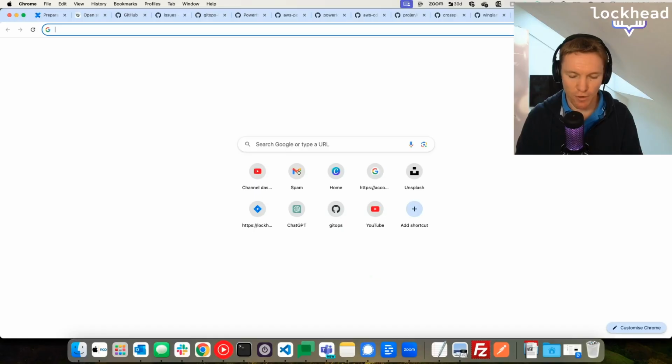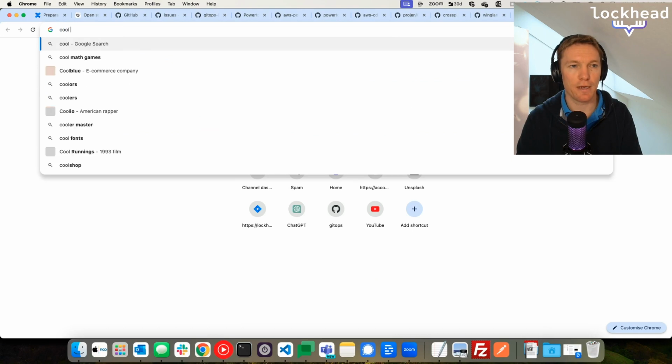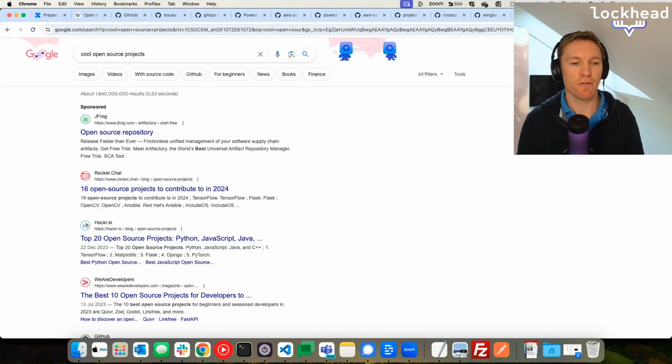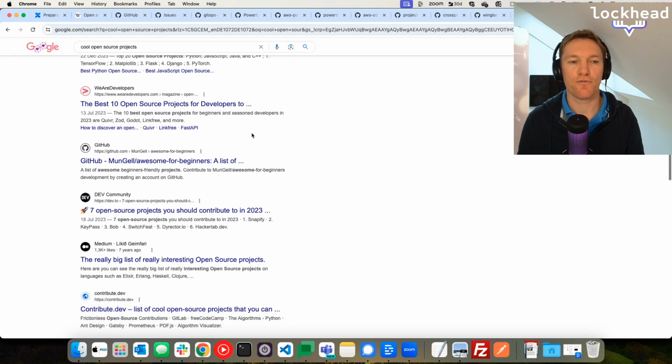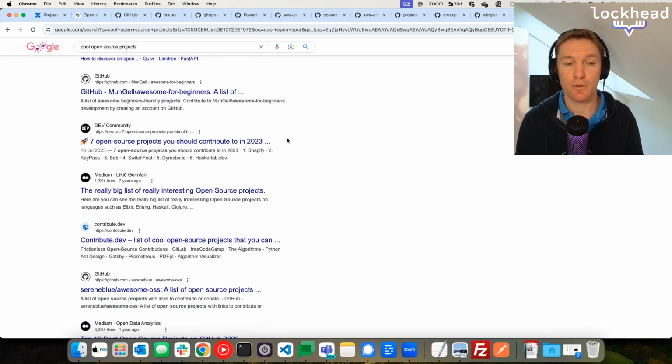Now, let's look at how to actually identify open source projects. Of course, you can find open source projects by just going to Google and asking for cool open source projects. You will find a hell of a lot of pages that help you do that. That can help you to find some projects that you're interested in, right?